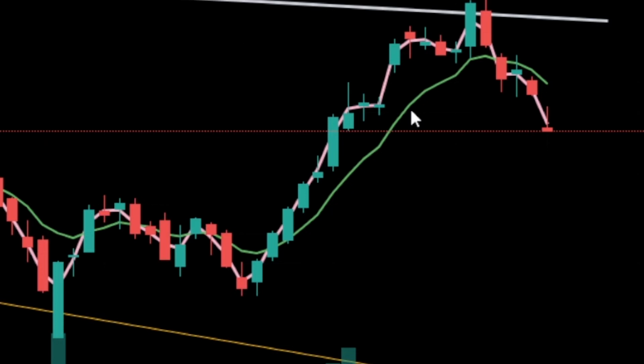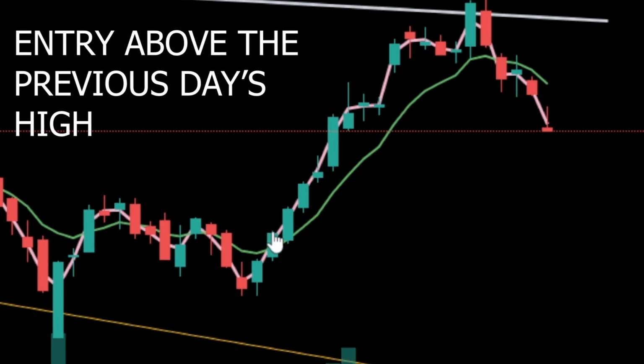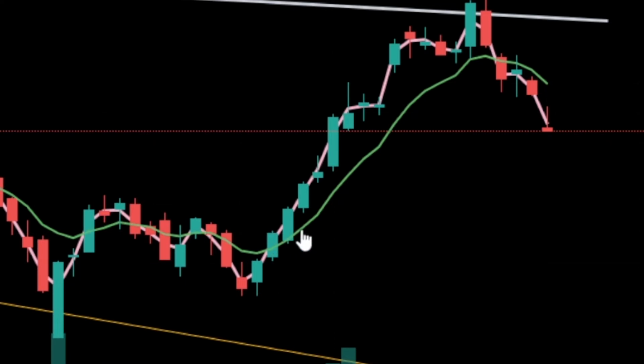If you look here, this is Tesla on the daily. You can see that it crossed here on March 16th, and I wait for the next day's confirmation if it goes up or down, and now I've got confirmation. So my entry point, using the strat method, would be above the previous day's high, which was 842. So I would have entered at 842